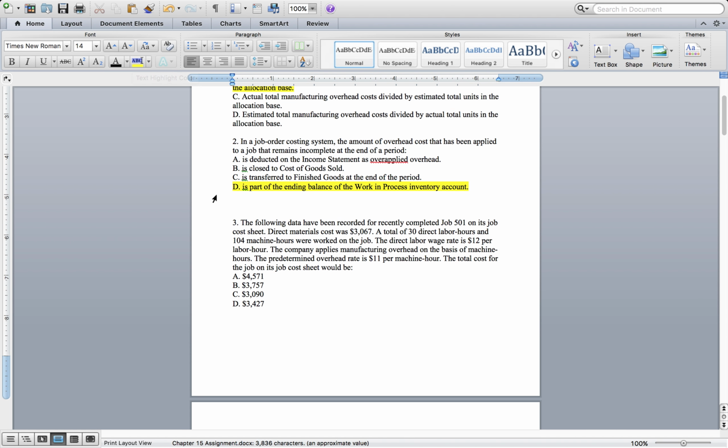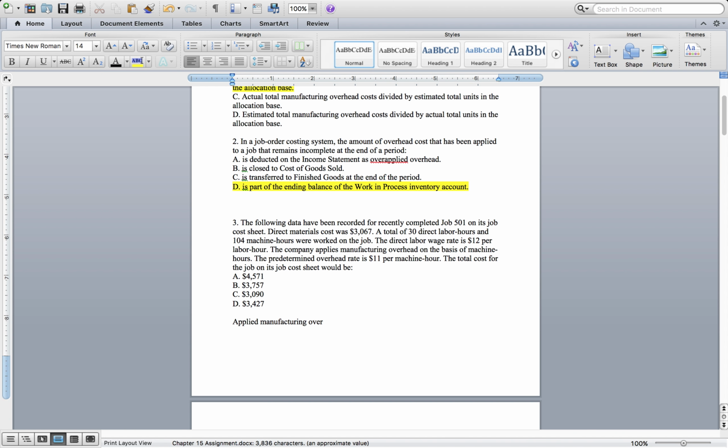Okay, now let's go to number 3. Okay, it says here the following data has been recorded for job 501. Direct materials cost $3,067, 30 labor hours, 104 machine hours. The direct labor wage rate is $12. Manufacturing overhead based on machine hours. Predetermined overhead rate is $11 per machine hour. Okay, well, the first thing you got to calculate is what is your applied